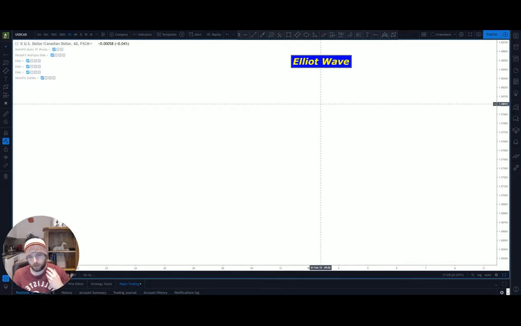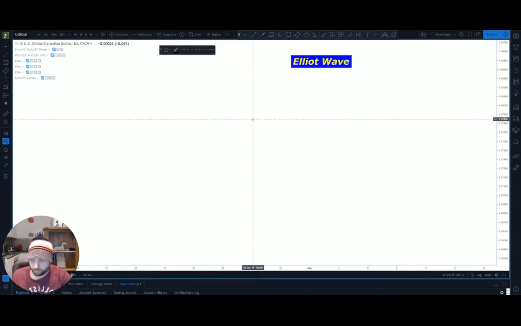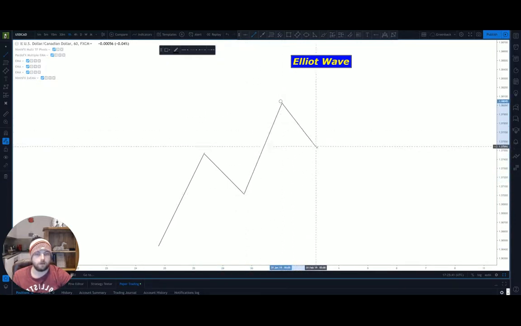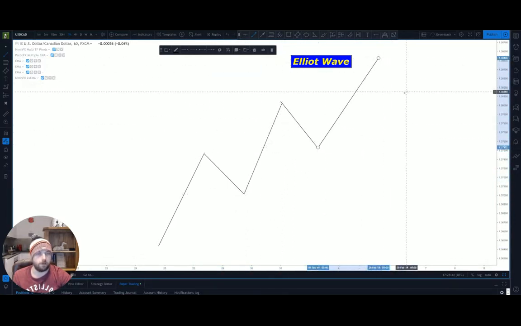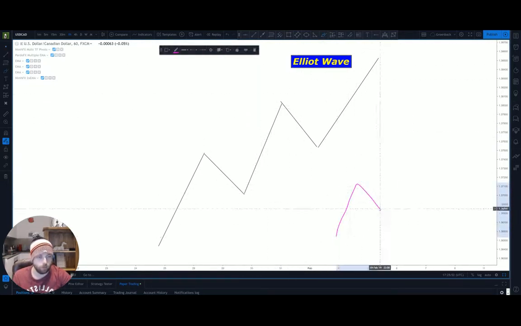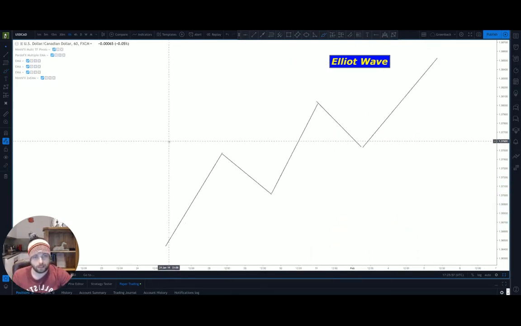Okay, so let's cover some fundamentals of Elliott wave. What we need to know is the market moves in waves of five. If you don't know that, you do now. A lot of the basic training you see for Elliott wave looks like this. This isn't necessarily an Elliott wave pattern. It can almost look sideways, but for the purposes of what we're looking at, this is an Elliott wave,